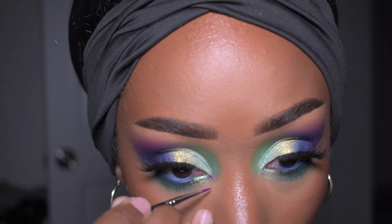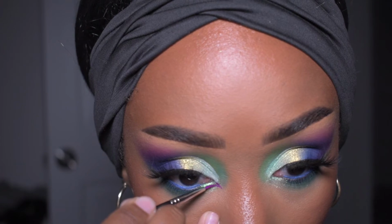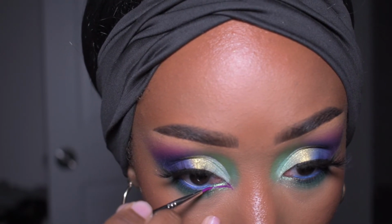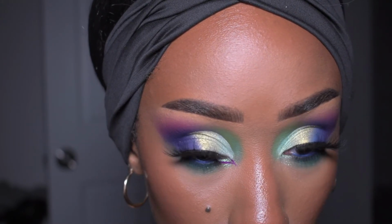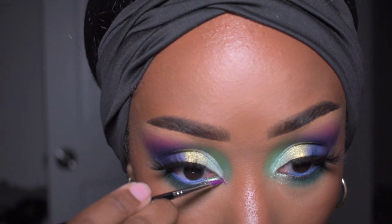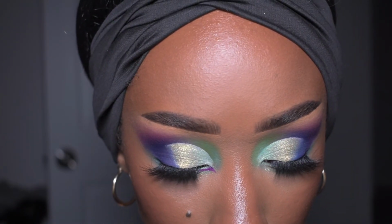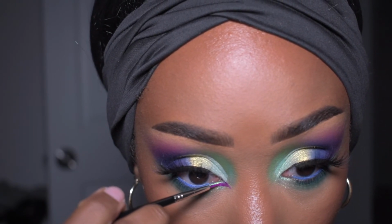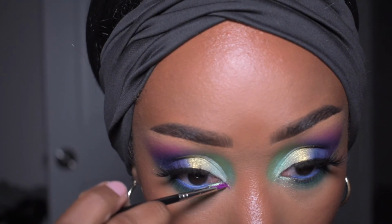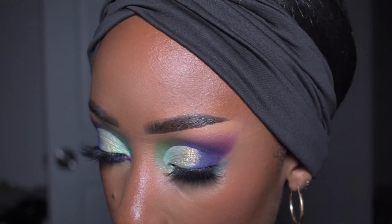And right here. And I'm not even gonna try to get it perfect. Boop. So the liner itself is supposed to go into the blue waterline, and that's what I'm doing. I actually really like these cake liners. I think they are convenient to say the least. I do wish that they came in other colors though,